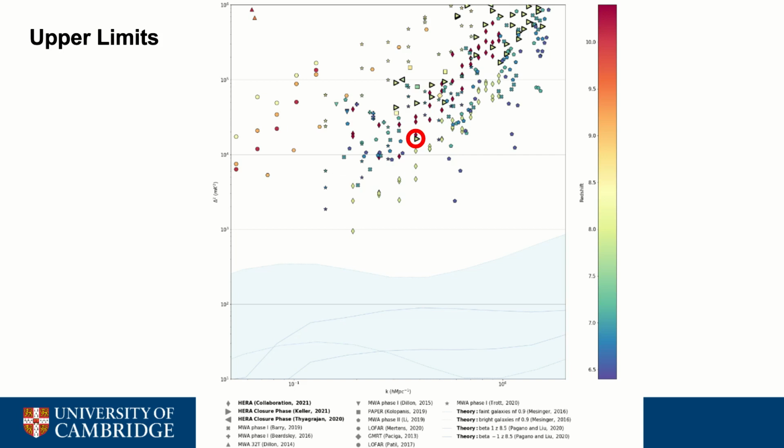And there's one caveat about this, namely that our upper limits are in pseudo units, meaning that this comparison is only approximate. So we see that we are a bit more than one order of magnitude above the best upper limit obtained with visibilities, and the reason for that is that we don't have access to such low k modes. If we make the comparison at similar k modes, then we're only about a factor of 2 less sensitive.